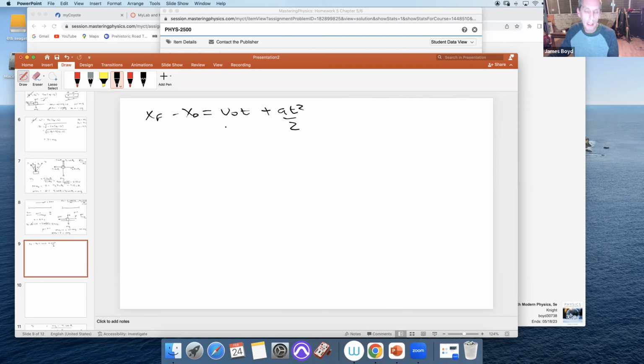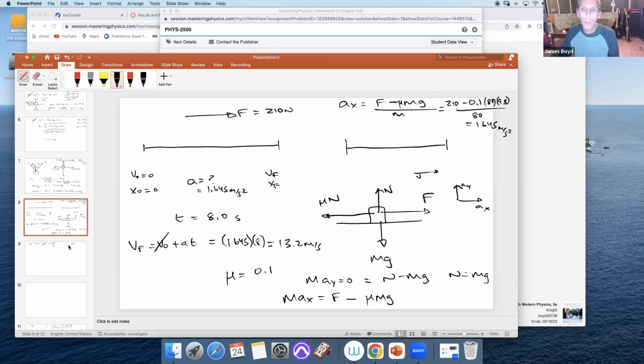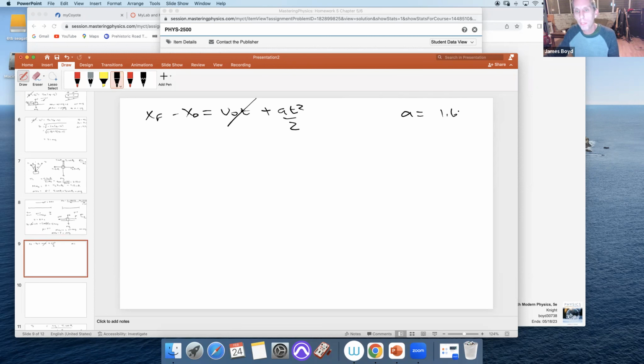So during the part with the thrust, when a was 1.645 meters per second squared, x initial was 0, v initial was 0, x final was 1.645 over 2 times 8 seconds squared. So 1.645 times a half times 8 times 8,